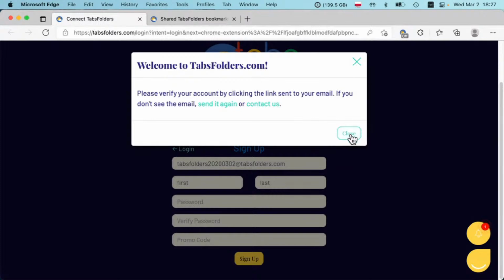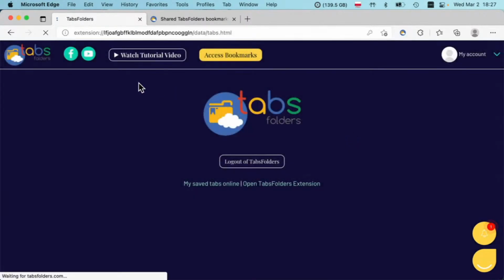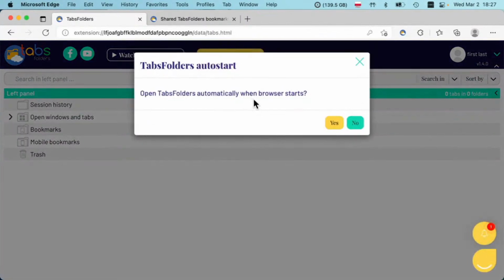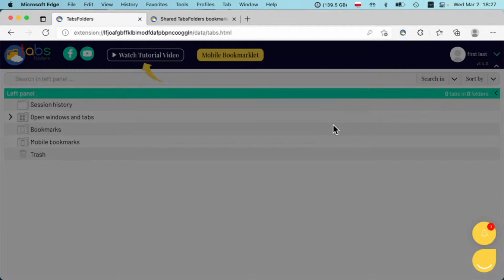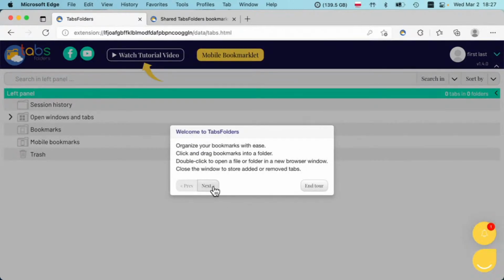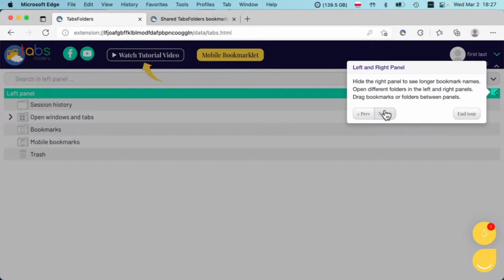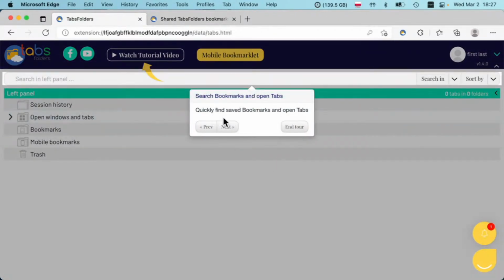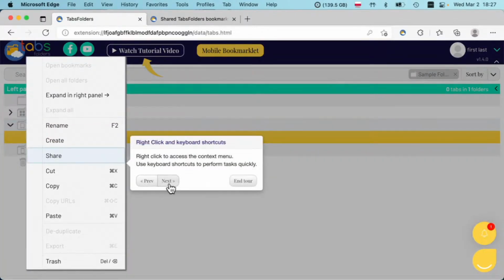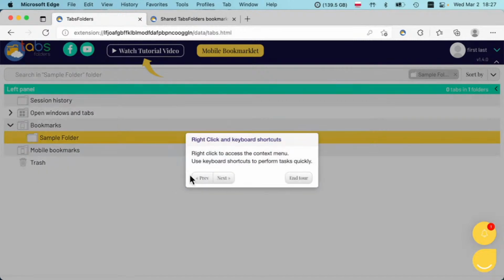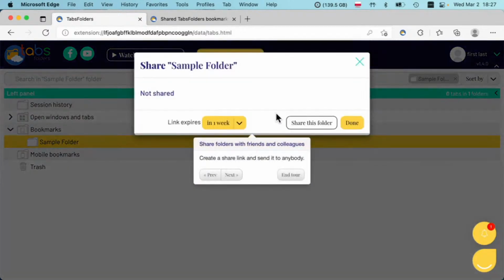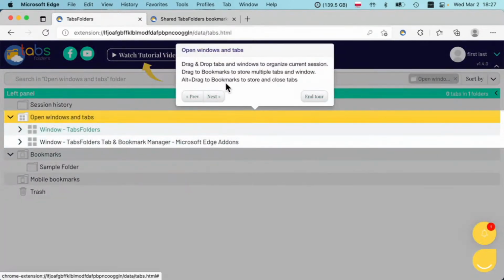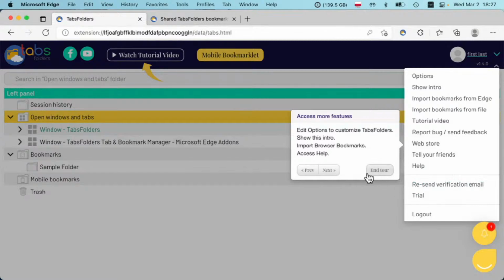So you click the close button now, and TabsFolders opens up and comes up with this first question, whether you want TabsFolders to open up when your browser starts. So we set that to yes. And then you go through a quick tour that gives you some information about how to use TabsFolders, the main points, the menu, etc. Get to the end of the tour,